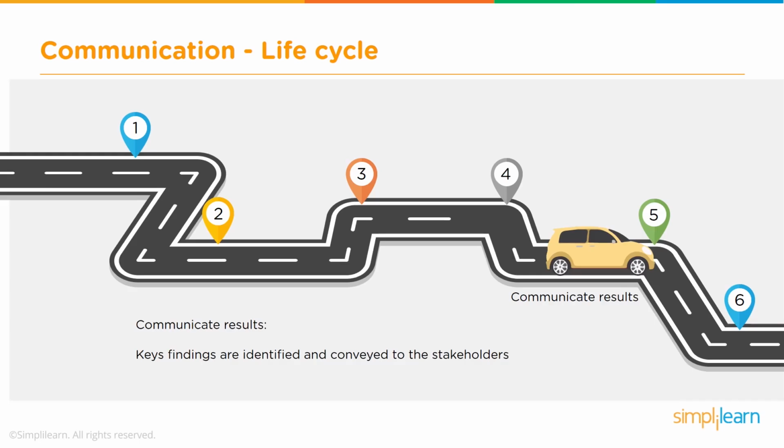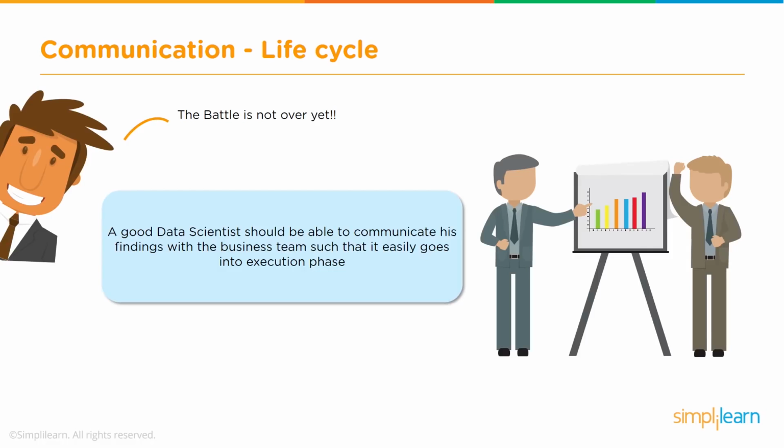Moving on, once we have the results, the next step is to communicate these results to the appropriate stakeholders. Which is basically taking these results and preparing a presentation or a dashboard and communicating them to the concerned people. So getting the results of the analysis is not the last step, but you need to, as a data scientist, take these results and present them to the team that has given you this problem in the first place and explain your findings, and recommend maybe what steps they need to take in order to solve this problem.